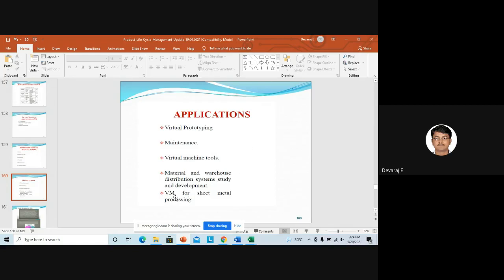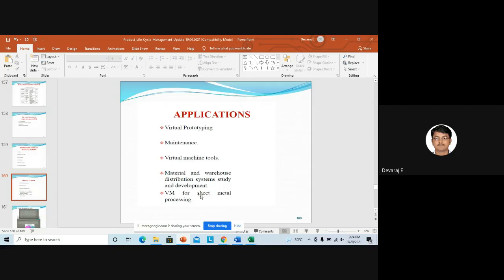Then virtual manufacturing for sheet metal processing. First we will see it virtually, then we will implement all the inputs in the real manufacturing plant and produce the products,